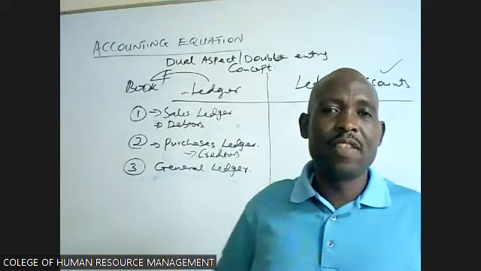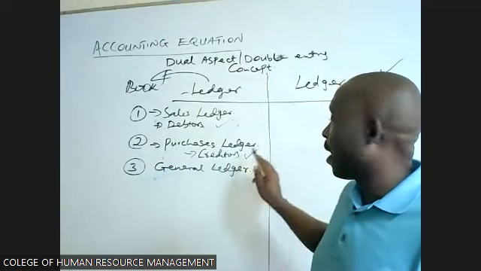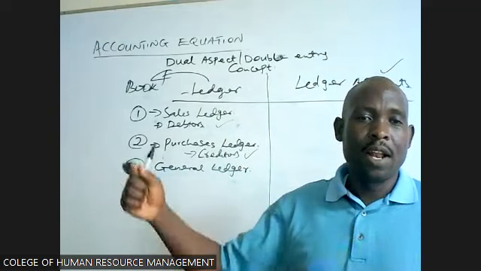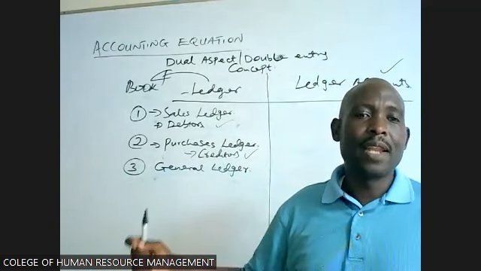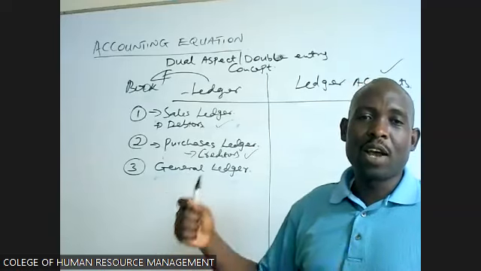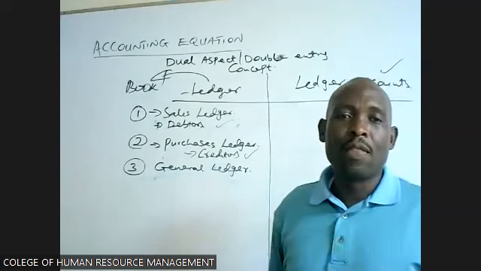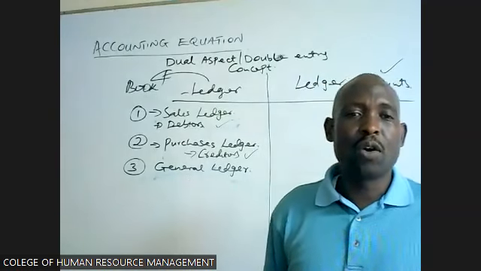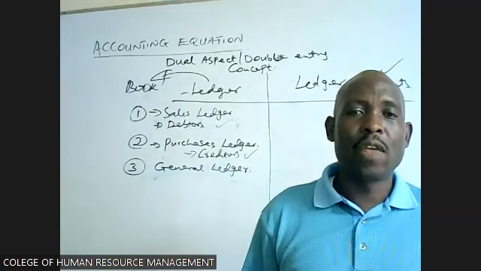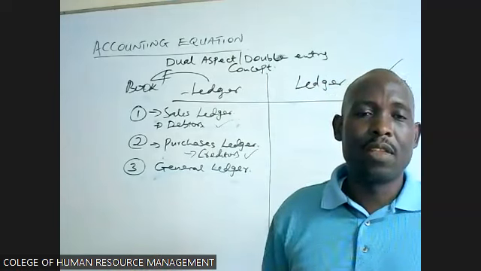That's why it is known as the general, apart from the debtors and creditors. Debtors and the creditors have their own ledger books. But now, if a transaction does not involve a debtor or a supplier, then it goes to the third ledger book we call the general ledger. All the other items, all the other accounts are going to be maintained in the general ledger. They include